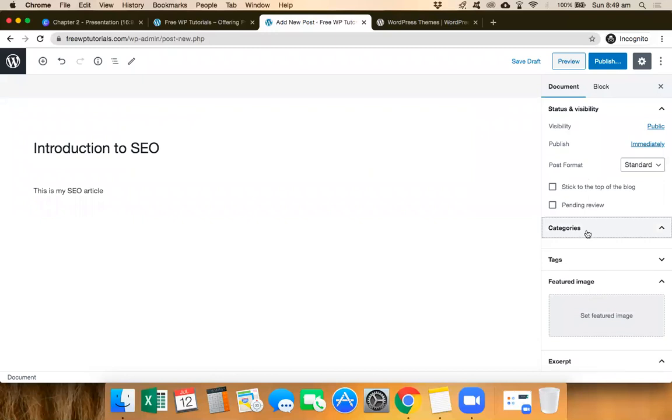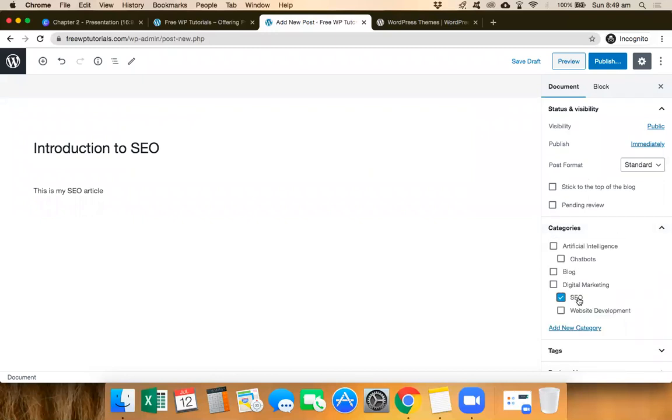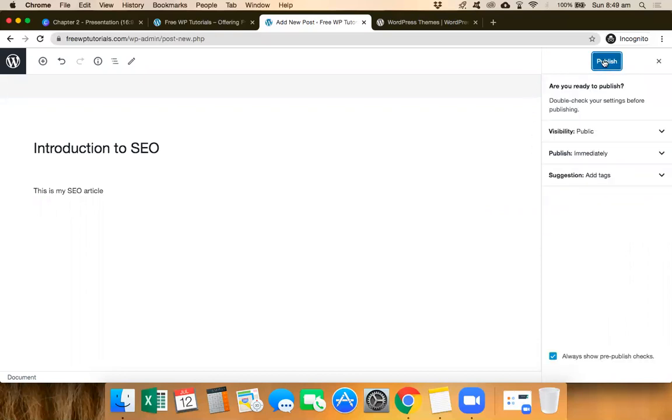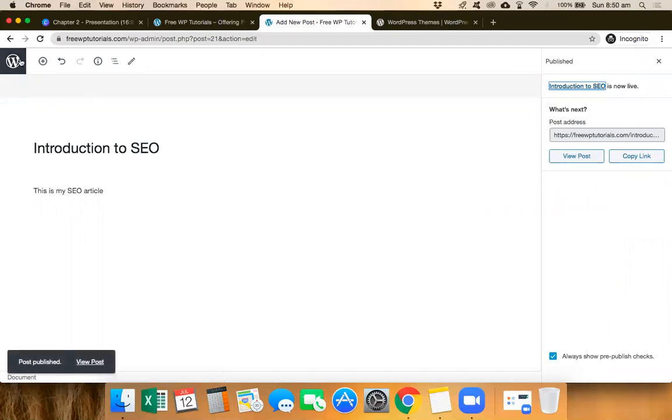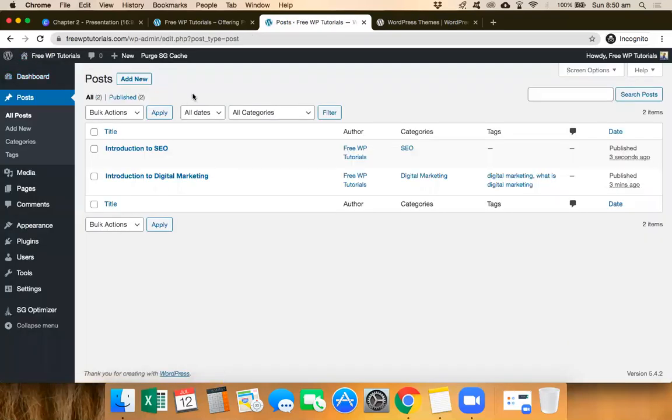The categories. Now under categories, what do I select this as? I select it as SEO at this point of time. All right, I'm not checking anything else. Please note that I'm not checking any of the others. I'm only checking SEO, and I'm going ahead and publishing this. Now let's go ahead and create another blog article as well. Now you will notice this is coming as category SEO.